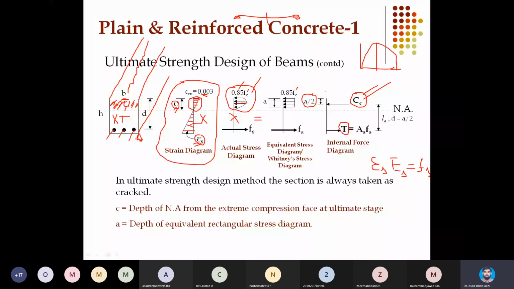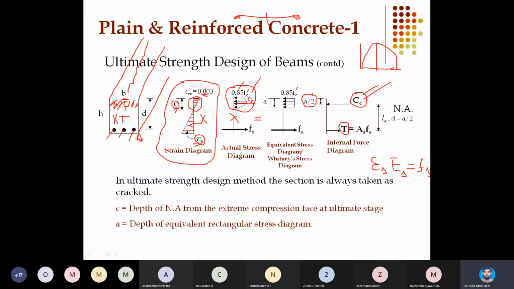I just need to multiply the uniform stress 0.85 fc prime with the width of the cross section b and the depth of this uniform stress block a, and the answer Cc which I get, if it is equal to the value of Cc which I will get by integrating this area under the curve,